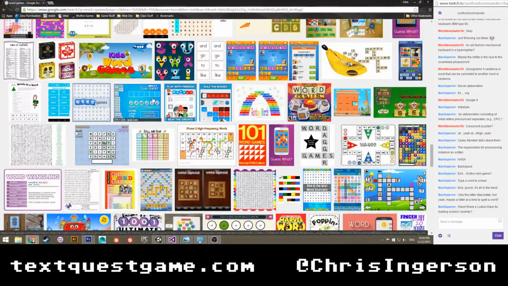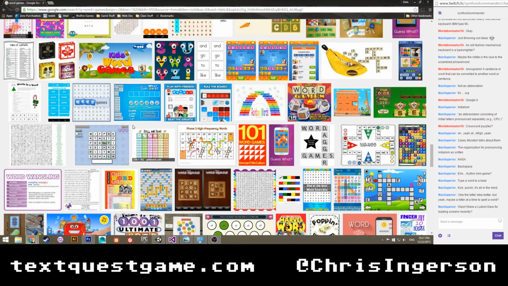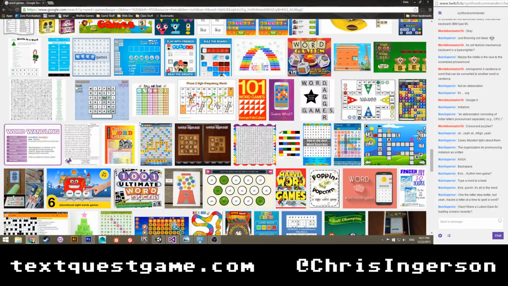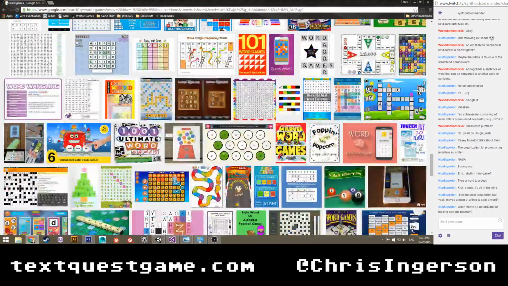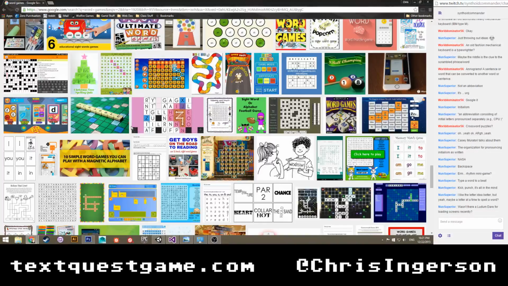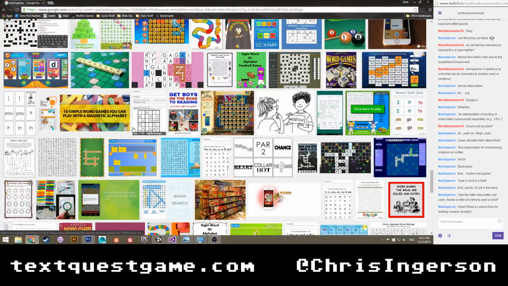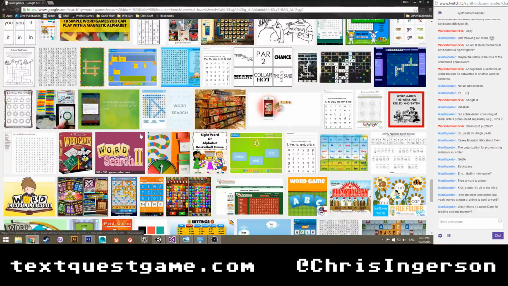Trying to think of any games that I played as a kid that were word based. There weren't really any. I admittedly was not a PC kid, so there weren't very many word games that I played. My family didn't have a computer when I was young. Well, we did, but it was a pretty terrible computer.